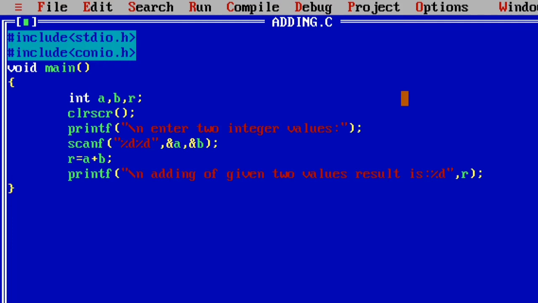That means while your C program is executed, it must interact with the user. So while writing the C program, you have to code comment lines as the output. In the output, you have to give some comment lines.